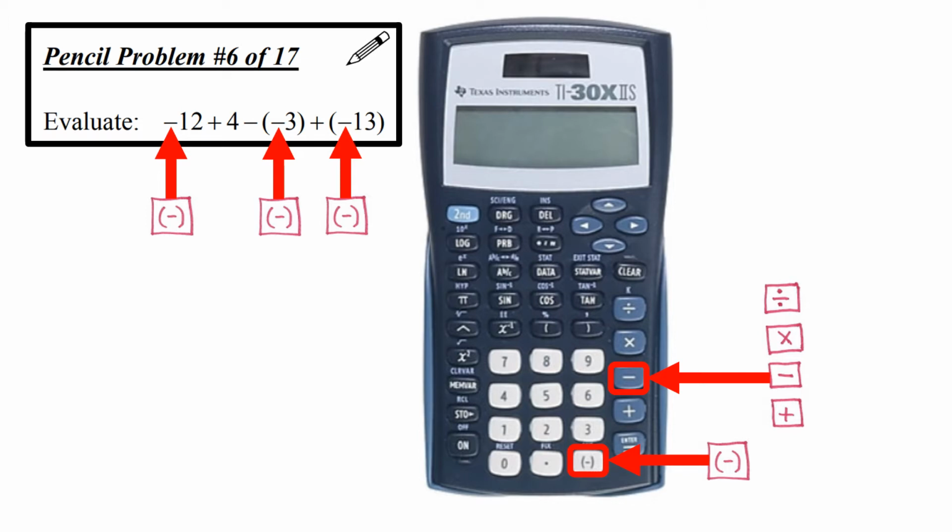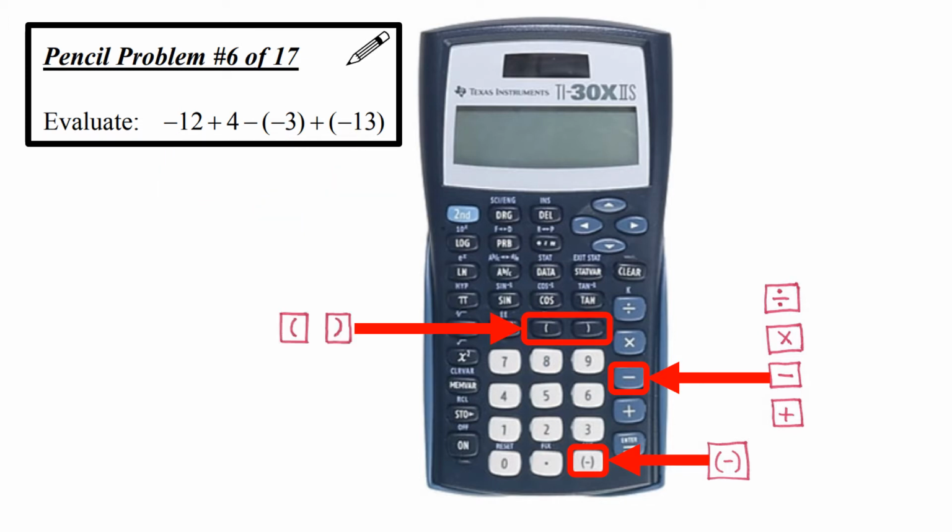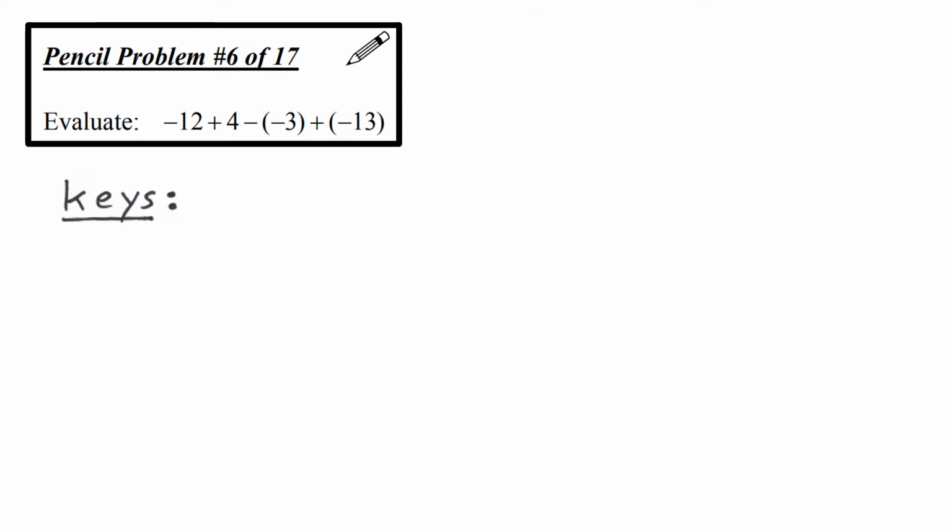If you liked English class, you can think of a negative as describing the number the way an adjective describes a noun, whereas a subtraction is an action, so it acts like a verb. We'll also need our parentheses. So let's get started. To type the negative 12, we hit the negative key and 12